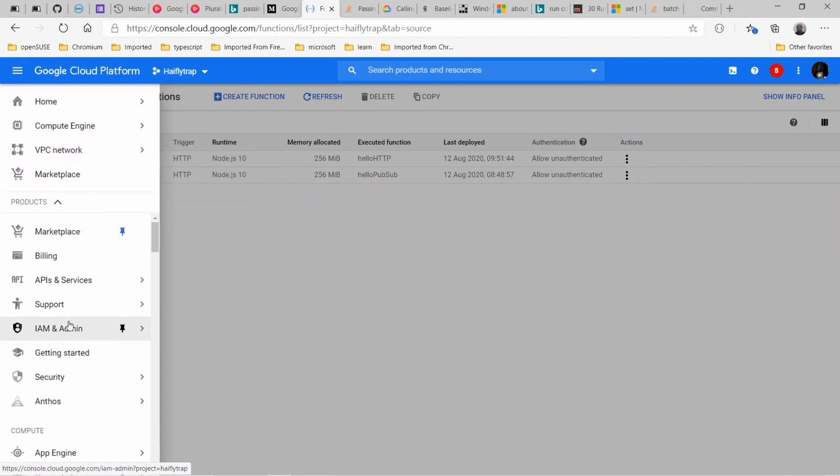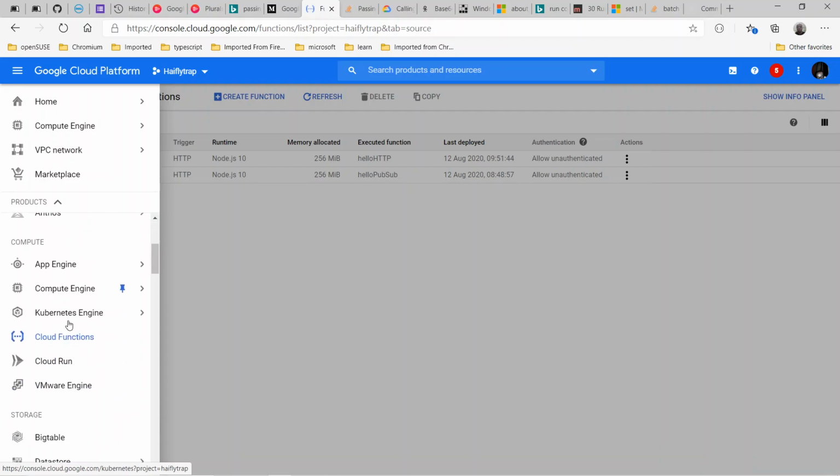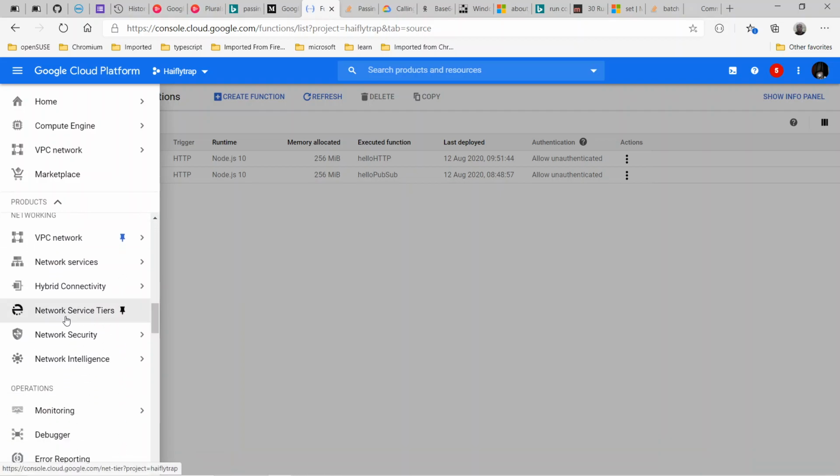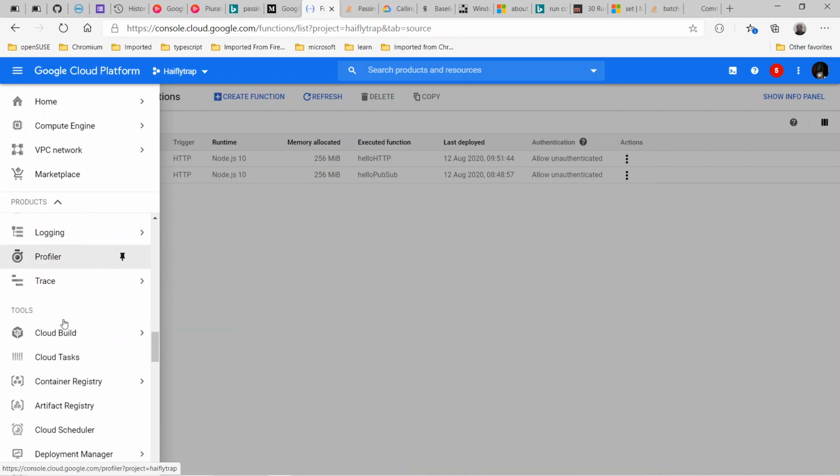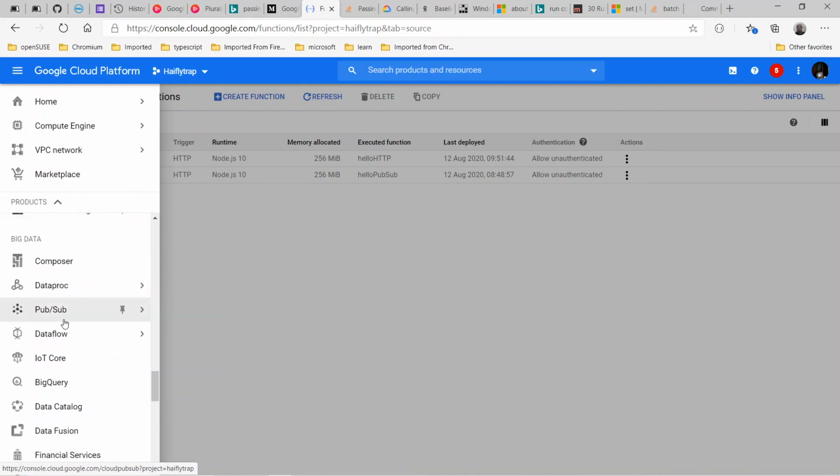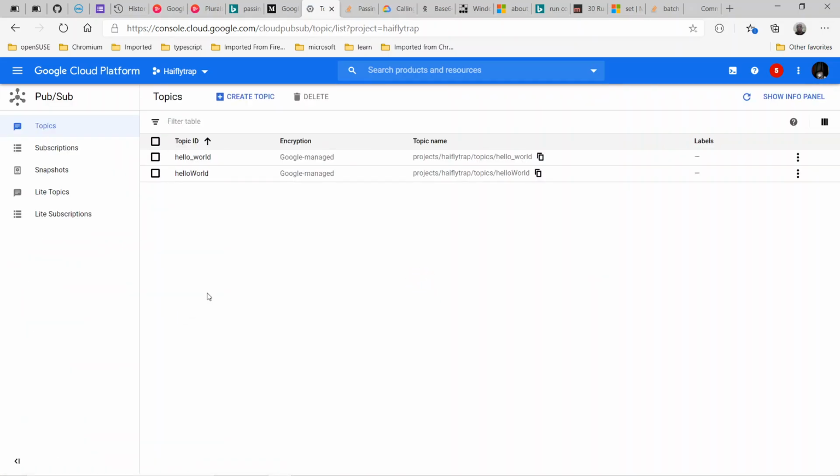If I scroll down, have I reached the bottom already? Oh, I get confused on how the scroll button on the mouse works on Windows. It works the opposite to how it works on my Linux. Okay, so all right, so we have this Hello World topic. I created this earlier. I don't know how that came in, but it's there. I need to even delete it. It's been there a long time, I guess. Okay, so that's the topic. Then the next thing he did,